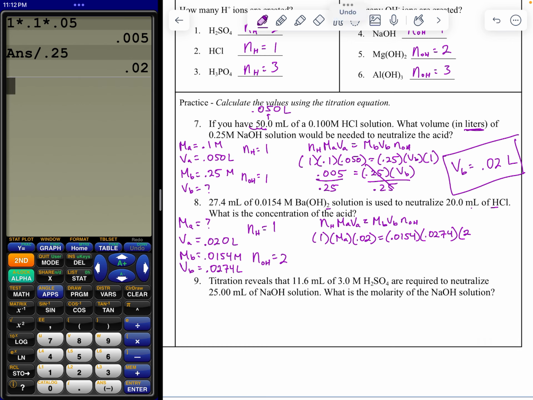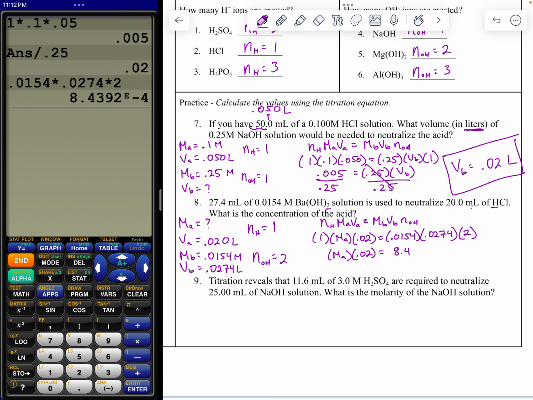All right, so this side's easy to simplify. 1 times 0.02. That is just going to be 0.02. And 0.0154 times 0.0274 times 2 is going to give us